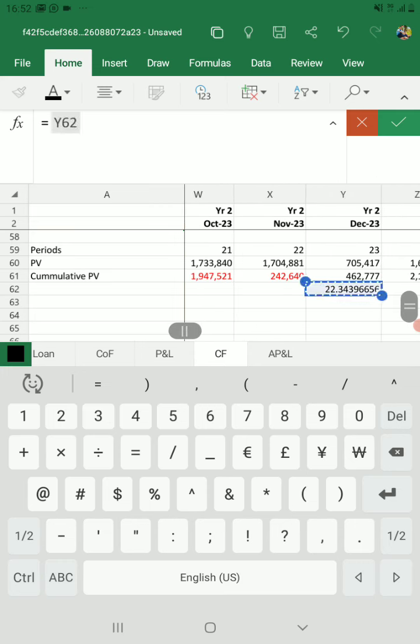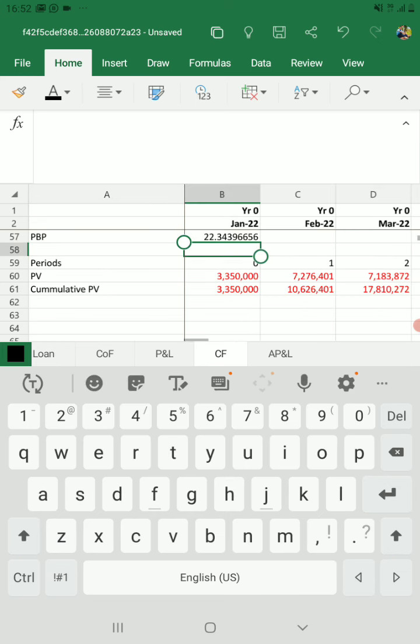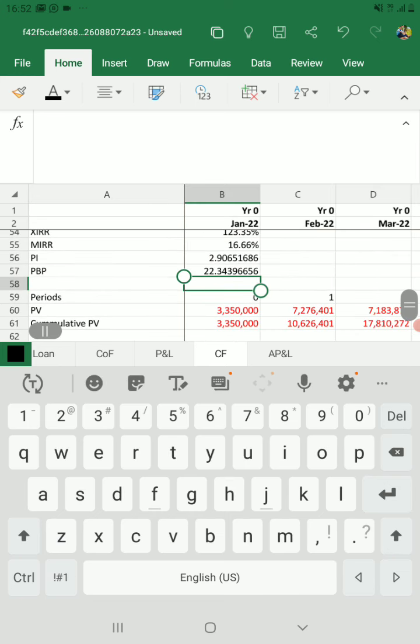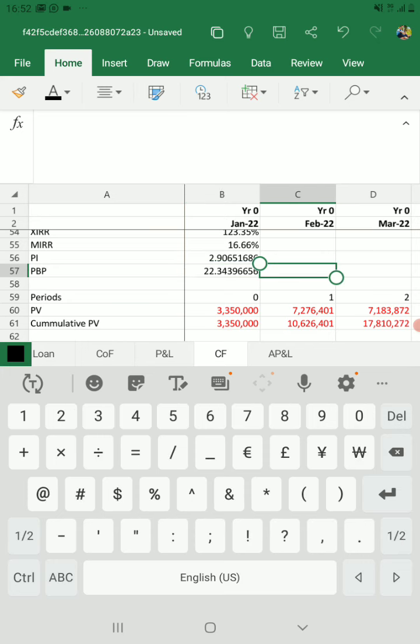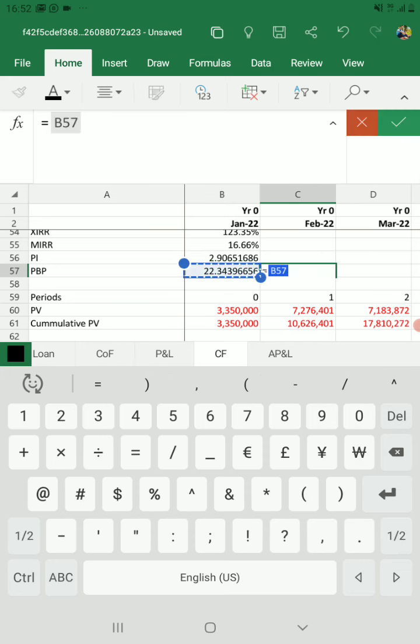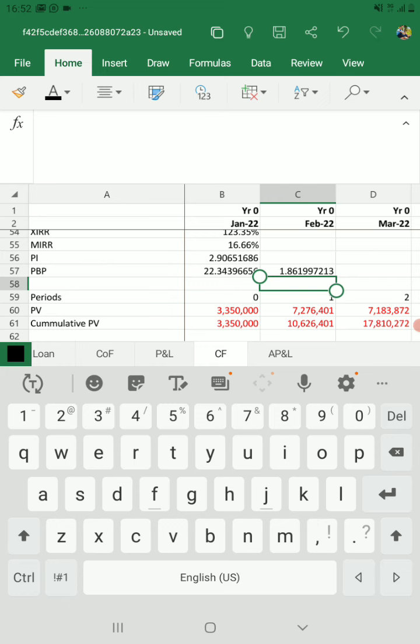This one is in terms of months because our periods are monthly. So 22 months, if we put them in years, we take these months and divide by 12 to get the equivalent in years. So it's about 1.8